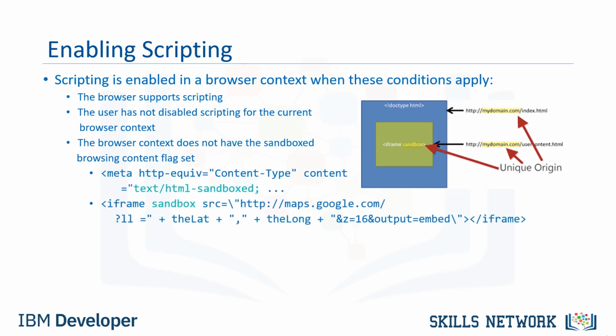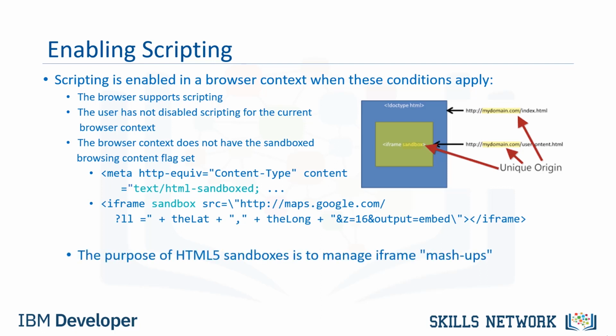HTML5 also defines a text or HTML sandboxed media type for documents. This attribute can be used when hosting untrusted content. The sandboxed browsing context can be set at the page level or specified as an attribute on any tag that contains an embedded object. If you are running a page with an embedded object without the sandbox attribute, you are